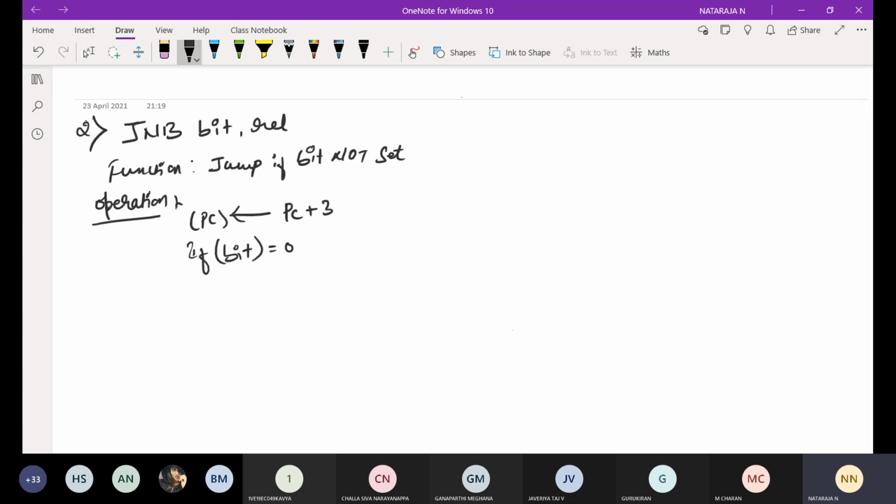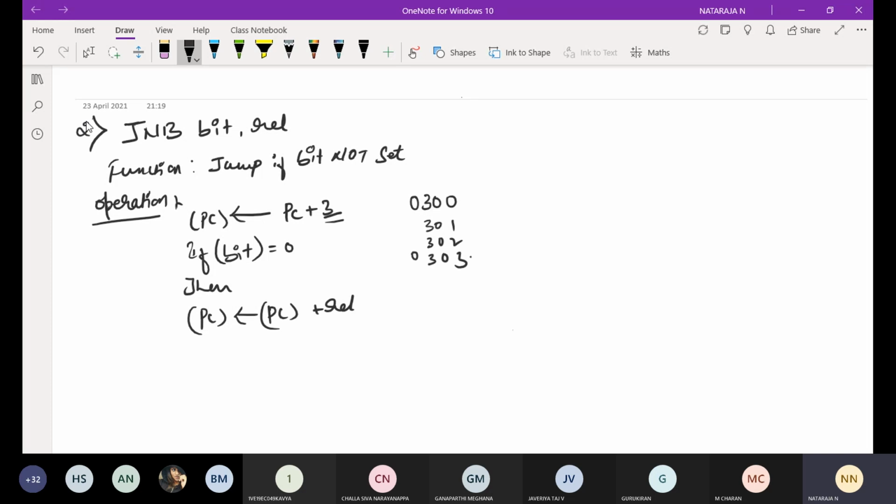So if bit is 0, then the program counter will be loaded with program counter plus relative address. Whatever it may be, 3, 4, 5, anything. Just for example, I am going to take a 3. If I start with 0300 plus 3, it will jump to 0301, 302, 303.